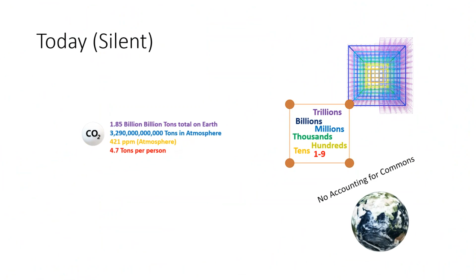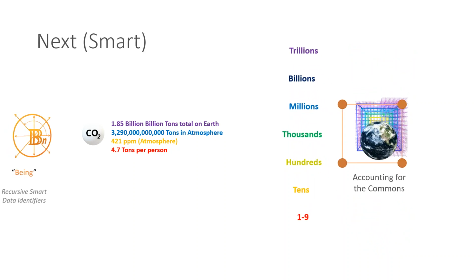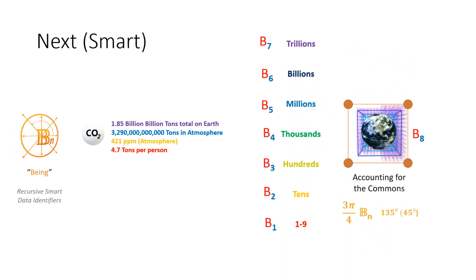So coming back out, here's the problem. Everyone's got their own accounting, their own analog context surrounding their spreadsheets, shown there on the right, but there's no accounting for the commons. And so what this system is going to do is create this lattice that allows us to model every single ton of carbon relative to the planetary totals of carbon. So let's get into it.